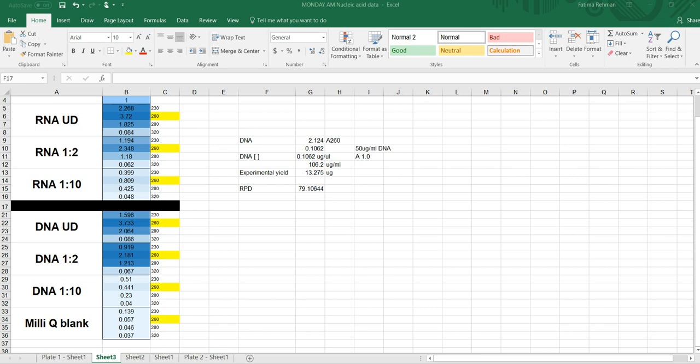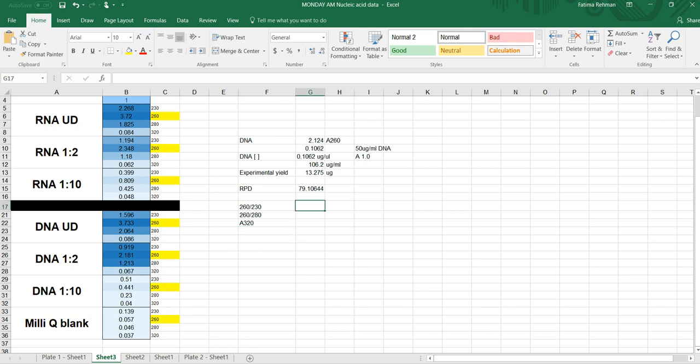Okay, lastly, I want to quickly show you what you need to do for the purity ratio. For the purity ratio, there are three different things that you need to give me. The first one is the 260 to 230 ratio. The second one is the 260 to 280 ratio, and the third one is just the value of the 320 by itself. Now remember, for each one of these values, you want to subtract the blanks from them before you give